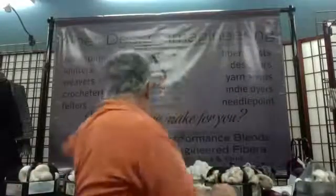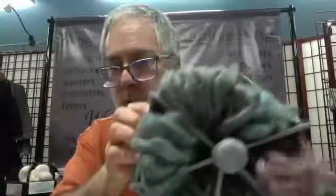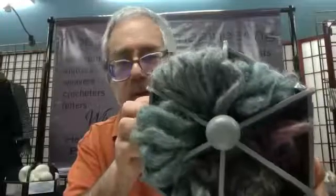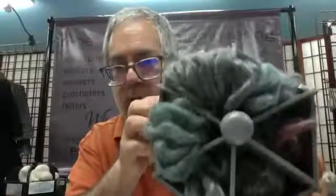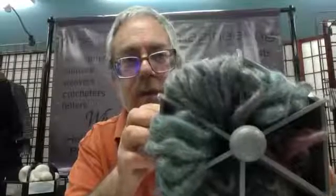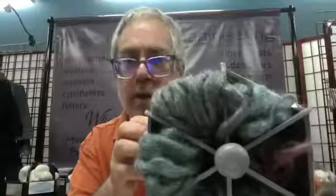When we take gray Gotland and blend it with different mulberry silks, you get a very interesting type of top that could be made into a very, very cool yarn. Although this is more of a technical fiber to work with for a spinner, because a lot of spinners don't work with gray Gotland. And the reason why I say that,